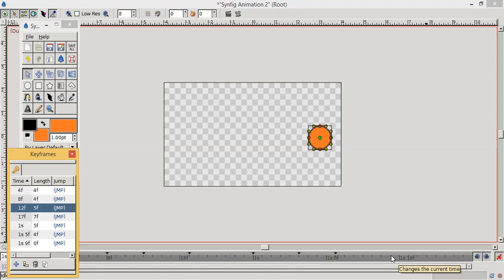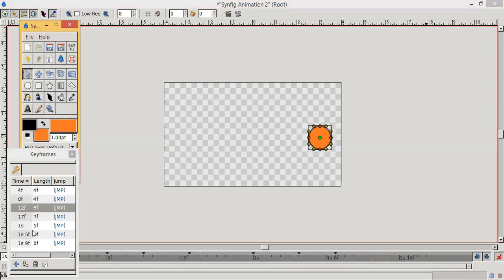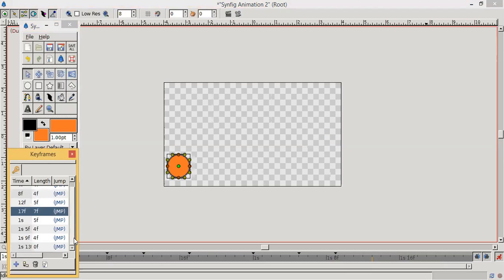Now we will click here. We will do the duplicate of 17F. See, whatever frames we add, we are creating the duplicate keyframe of it.